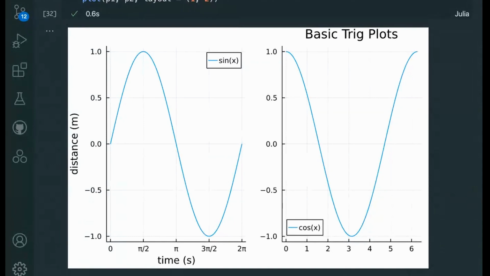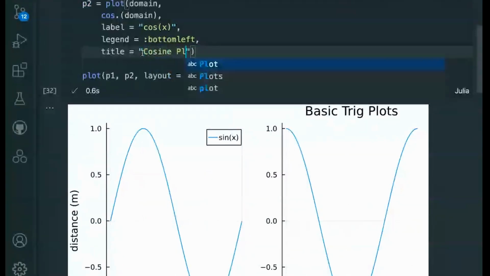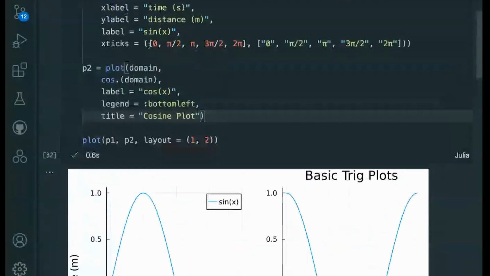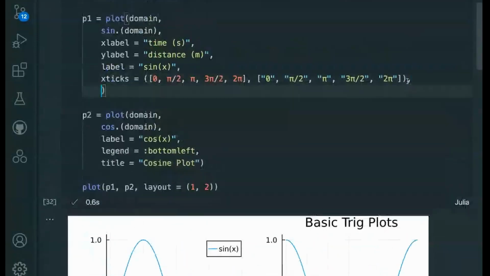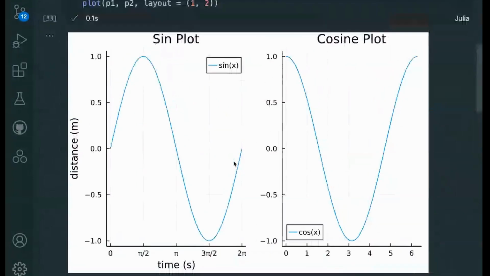Let me see that. Oh, and now the title has been assigned to P2, so it only appears right there. So maybe that's where you put it. Yeah, so maybe I can just say cosine plot there, and then go up to here, and then say maybe sine plot. And you can see the differences in the plots where on the sine plot we have the nice X